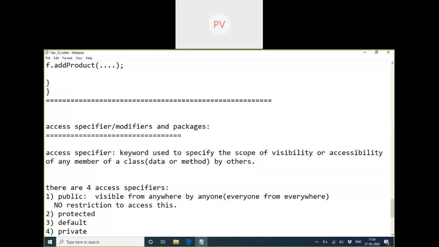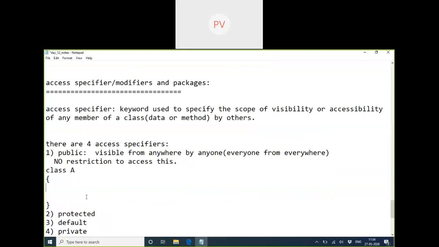We should only know how to access it. If there is a class called A, and inside that I wrote a variable public int x is equal to 20, how will anyone access this? How will class B, which is outside, access this?